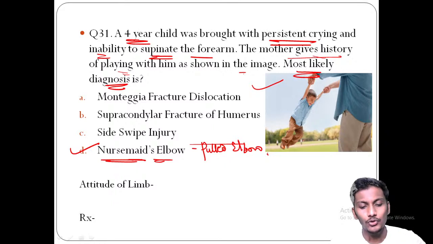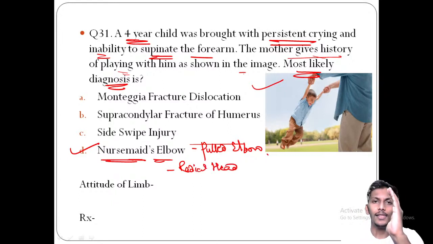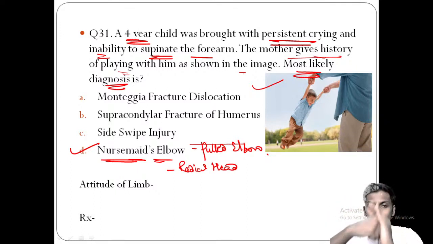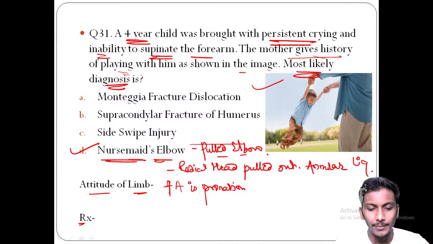So what happens usually in pulled elbow? Please remember the radial head, which usually articulates with the radial notch of the ulna. The ulna has a radial notch where the radial head articulates, which forms the superior radioulnar joint. So what happens when we move the child around like this by holding the hand? The treatment in this condition is what? So please remember treatment usually